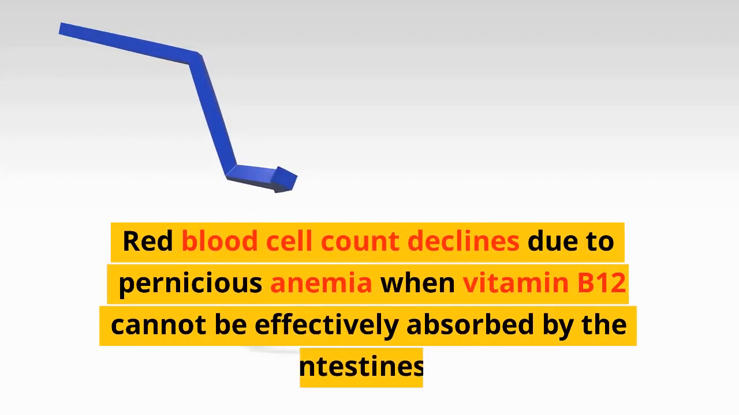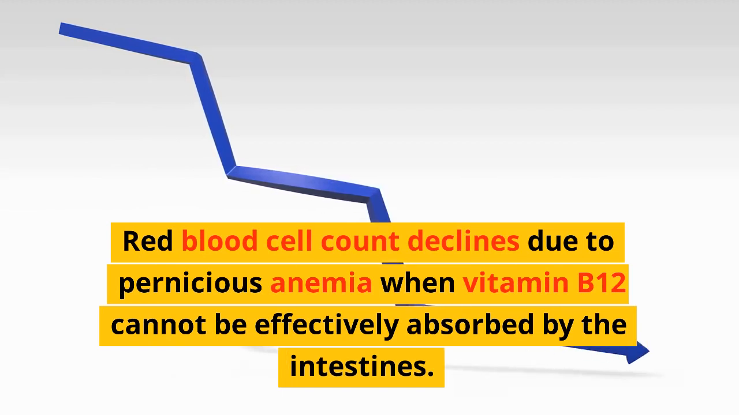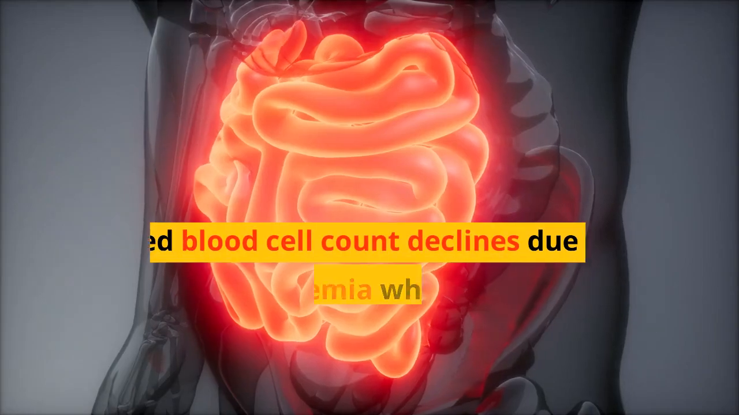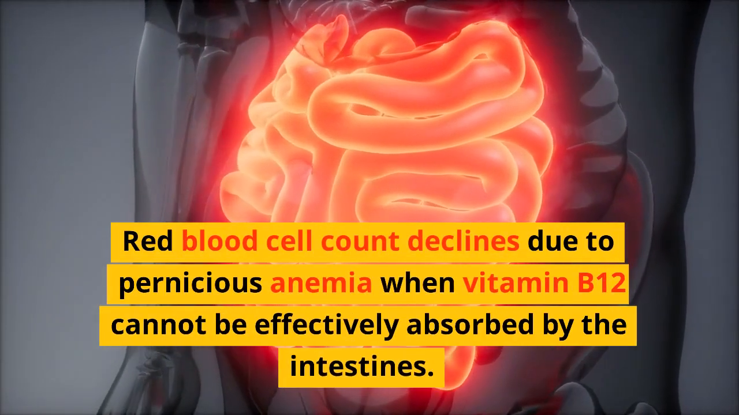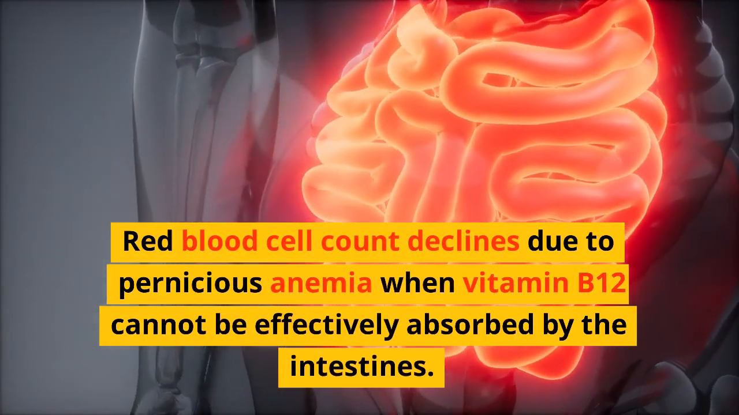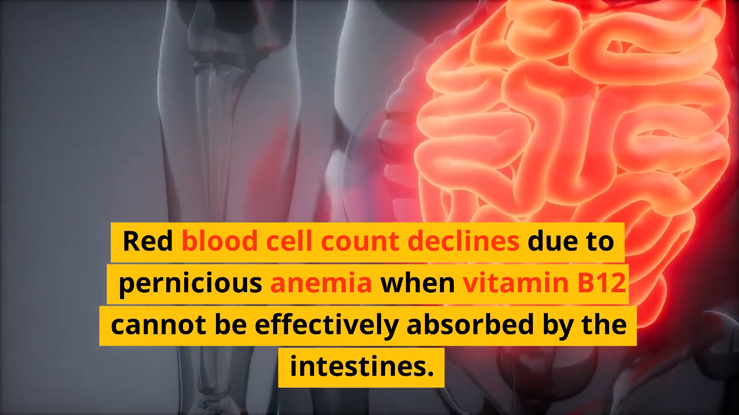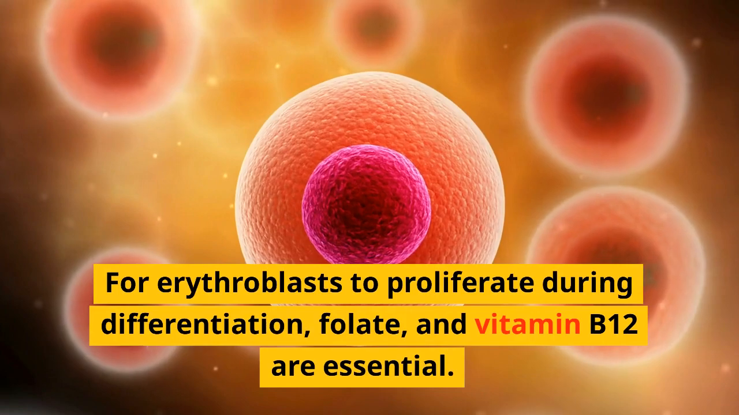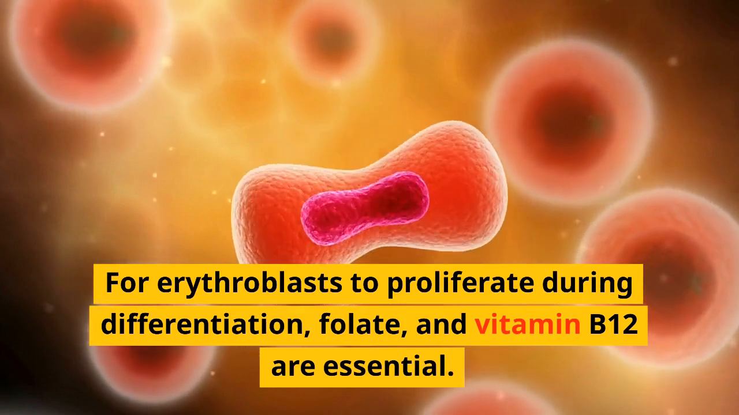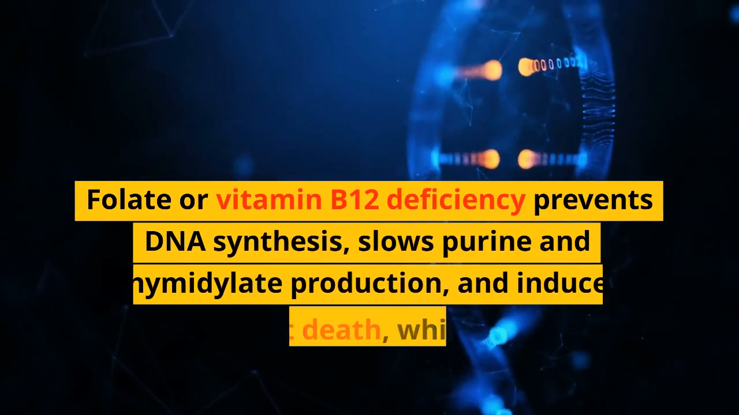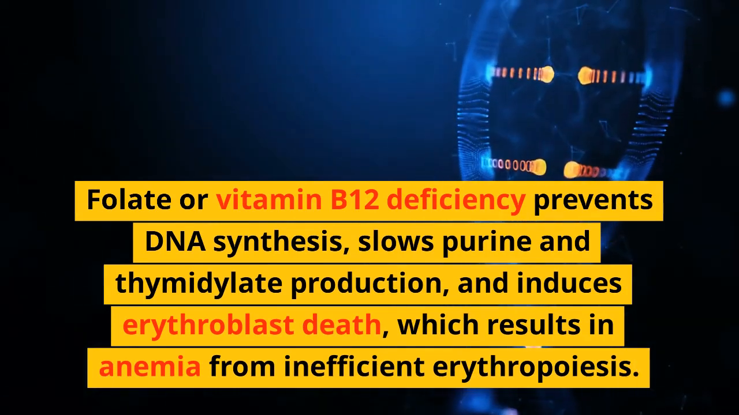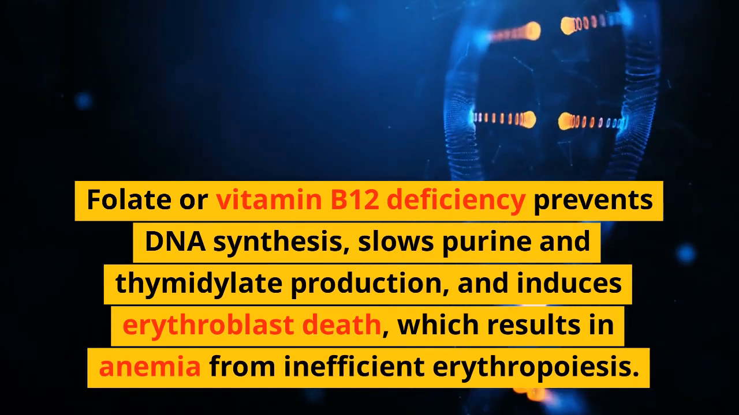Pernicious anemia. Red blood cell count declines due to pernicious anemia when vitamin B12 cannot be effectively absorbed by the intestine. For erythroblasts to proliferate during differentiation, folate and vitamin B12 are essential. Folate or vitamin B12 deficiency prevents DNA synthesis, leucoprotein and thiamethylate production, and induces erythroblast death, which results in